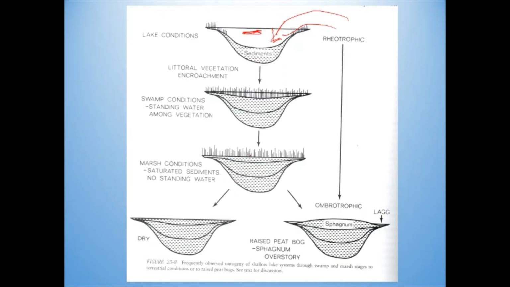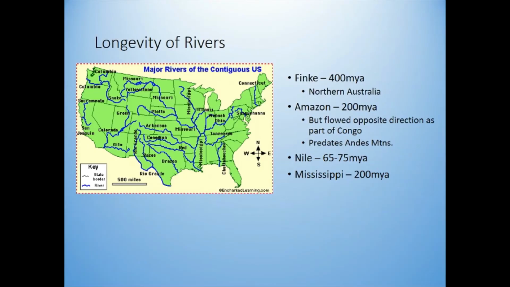And eventually, the lake fills up with sediments and can either just fill up with sediment and become dry land, or it can become some sort of bog where you get a bunch of moss that creates a weird type of wetland that we'll talk about towards the end of the semester. But basically every lake, if it's not actively getting deepened through geological processes, is going to fill up with sediment. On the other hand, rivers are freaking old, right?